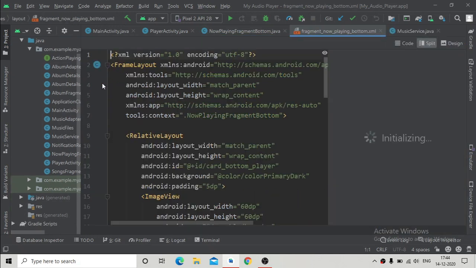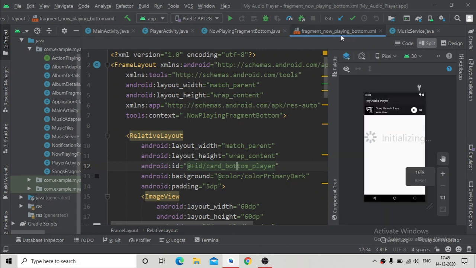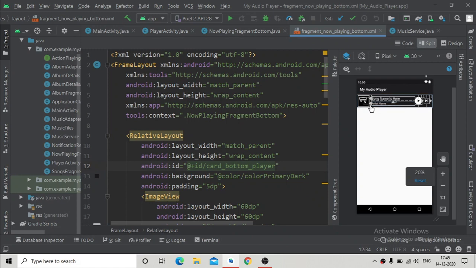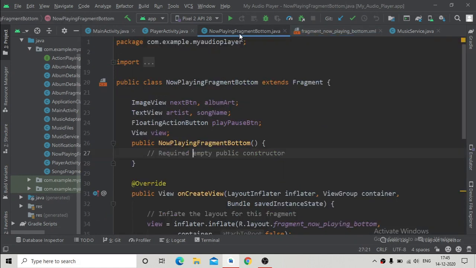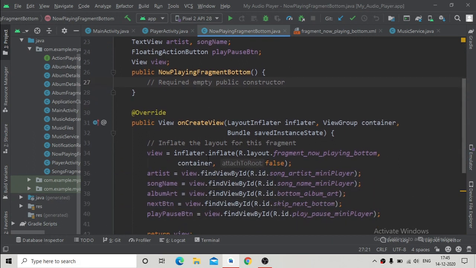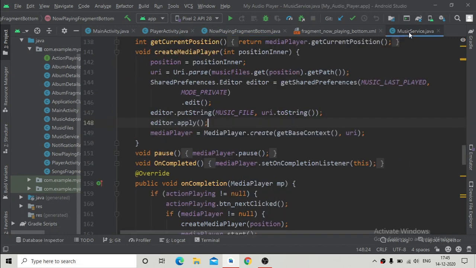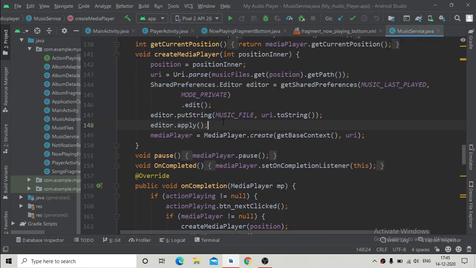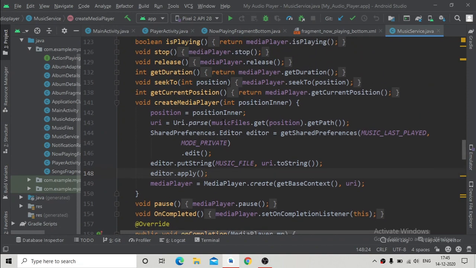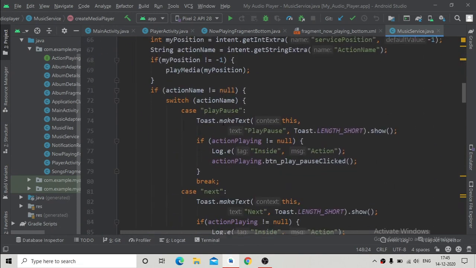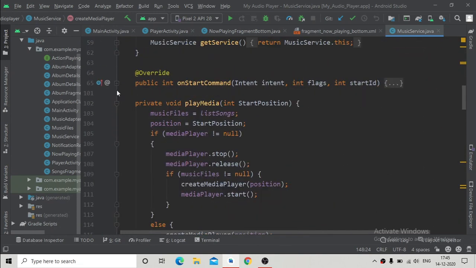So what we are going to do, first of all, I'm going inside this now playing bottom fragment XML file, and over here you can see this was the minimized player that we have created already. So now we are going to add the text view, meaning the song name and the artist name, to the text view. So what we have to do, we will go to the music service class, and over here we will have to put a string, meaning in the preferences,